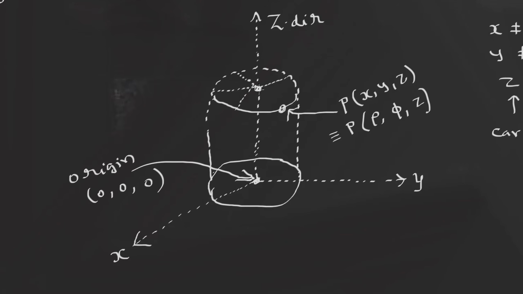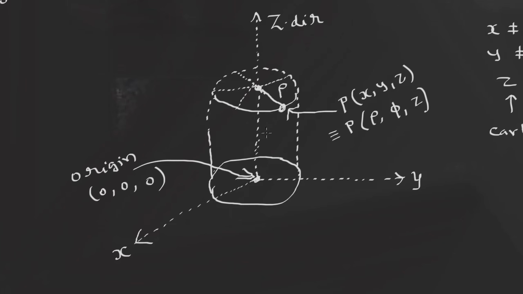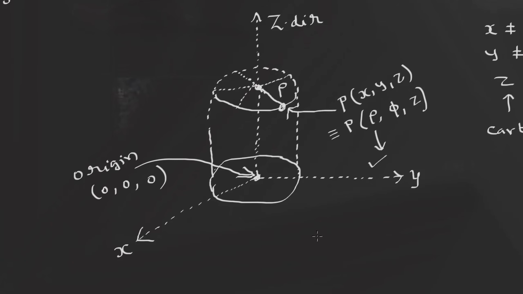So you can travel now in this direction. Can you see this? This is the direction. So if you are going to travel like this, this is known as the radial distance. Now I can show you the rho here. What is the rho here? It is the distance from the center of the circle to the point P. So now it is clear. The point rho is now shown in the diagram. Rho is clear.